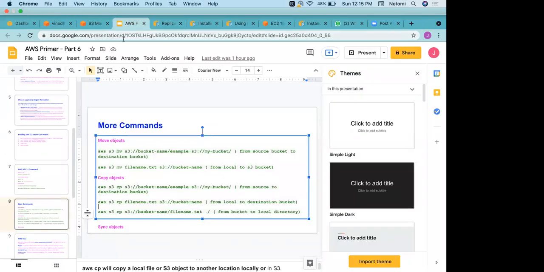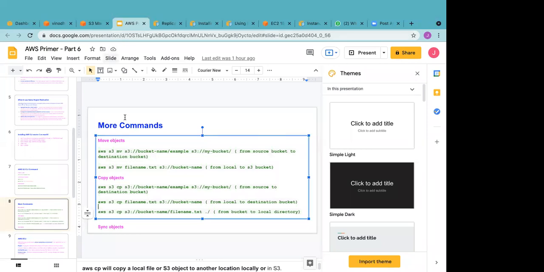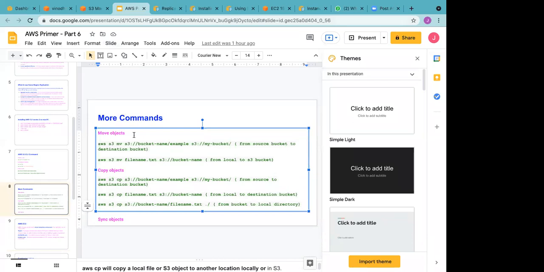Now all this won't make sense because we're just studying the pieces. But when we go ahead and do projects, that time all these commands would make sense. There was another interesting command which I purposely left for you guys to explore, which is the sync command. The document which I have shared with you, go through it, and this is also one of the very interesting commands which AWS provides.